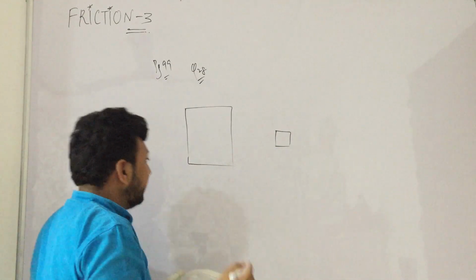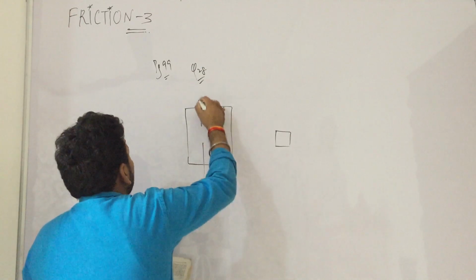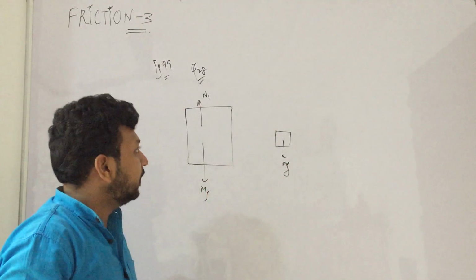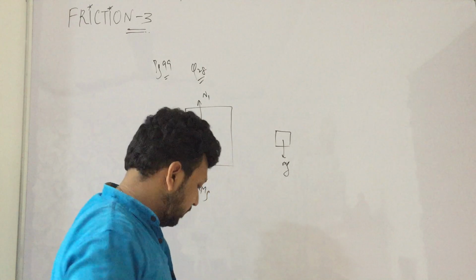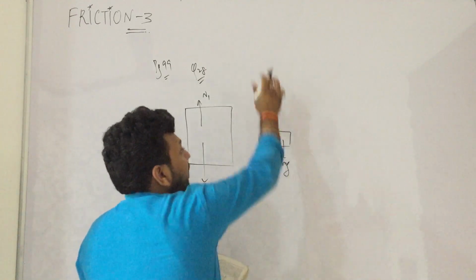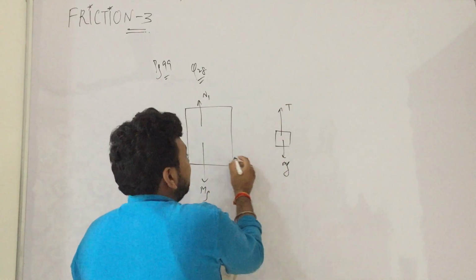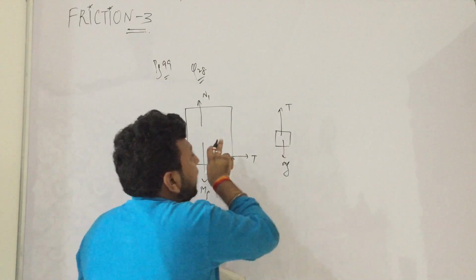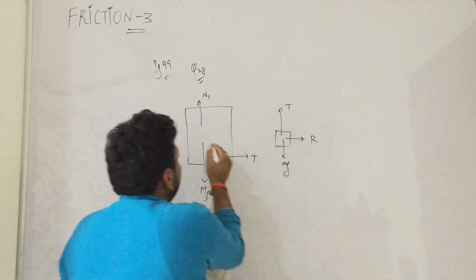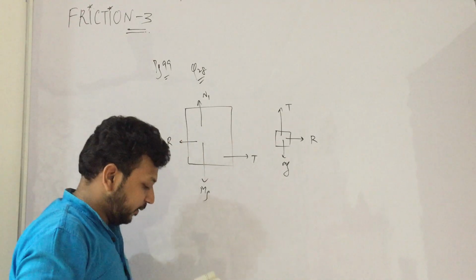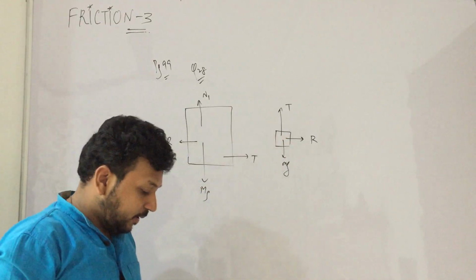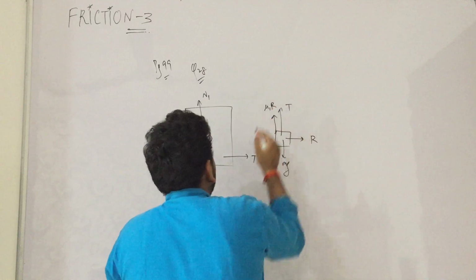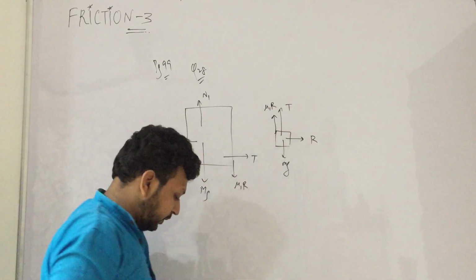So let us form the FBD. mg, N1 for this small mg. This was given by gravity and the ground, and as soon as mg acts, there will come a tension. This tension will pull it. As it starts moving, it will exert a normal reaction R, which will have an equal and opposite reaction R. And as it comes down, there will be a coefficient of friction mu1, so there will be a force mu1 R, which will have an equal opposite reaction mu1 R.